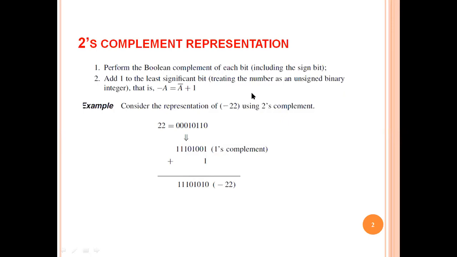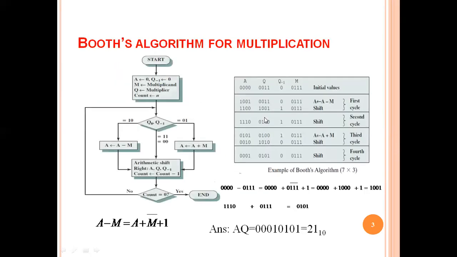So why are we learning 2's complement? Because in Booth's multiplication algorithm, two signed numbers can be multiplied. Here the signed number should be in 2's complement, not in sign-bit form where one bit is 0 or 1, or in 1's complement, it should be 2's complement. Clear? That means if you want to multiply one positive number and another negative number, that negative number you have to represent in 2's complement for Booth's multiplication. Clear?